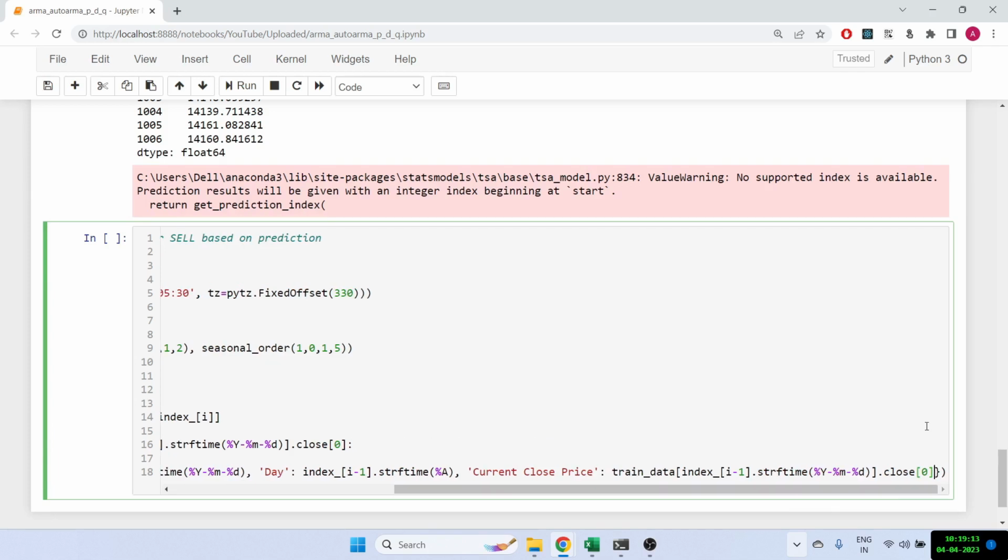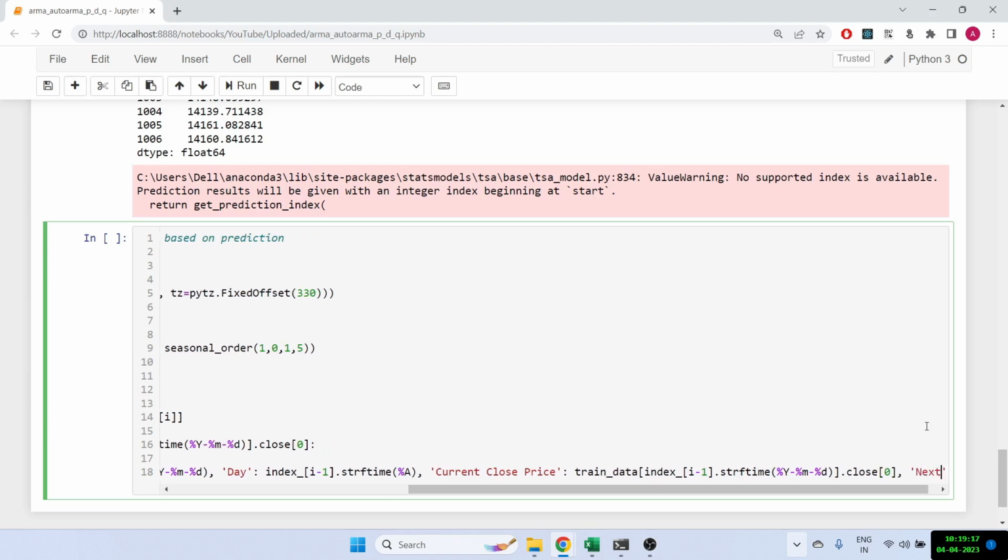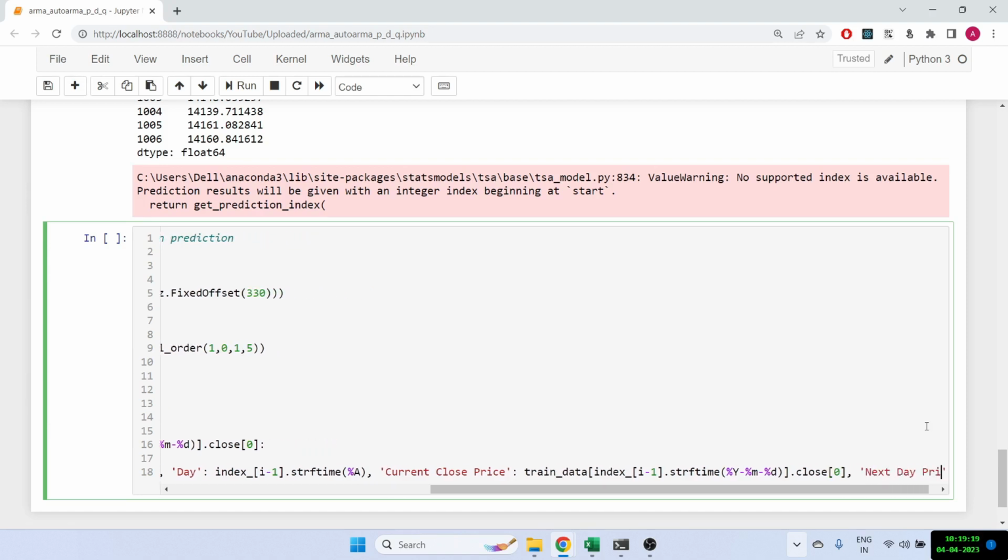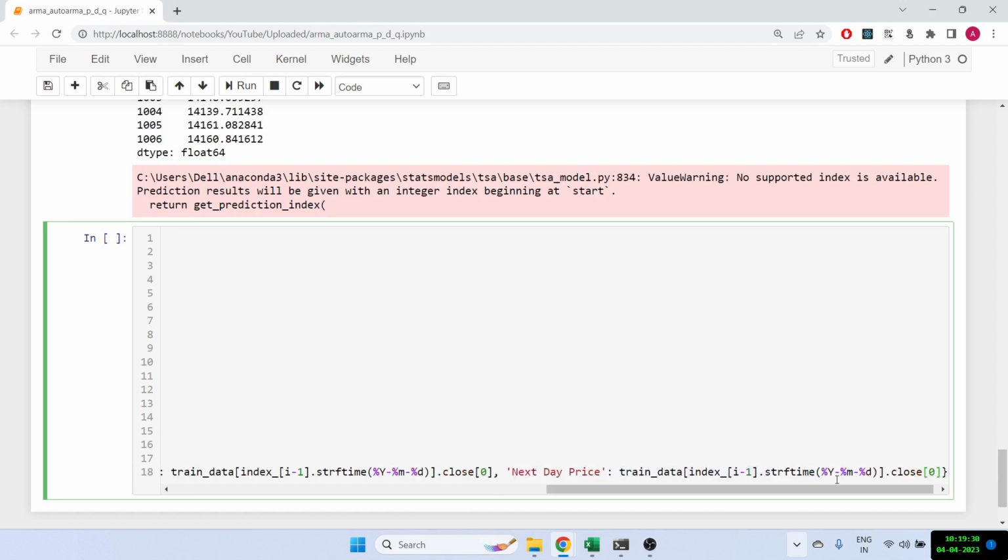And let's say I print out my next day closing price, or next day price, which is again using the training data set, but not I minus 1. This is the actual data. And then I can print out my